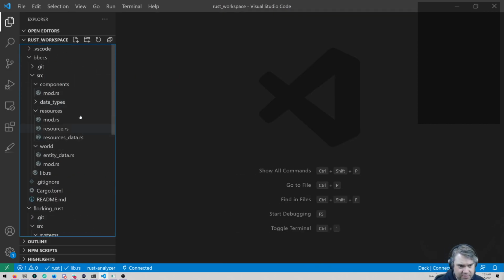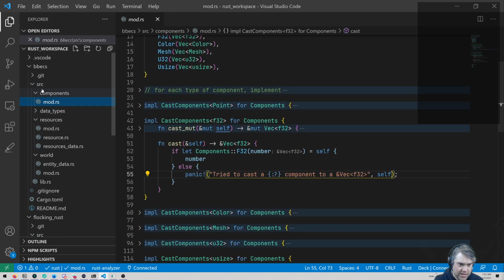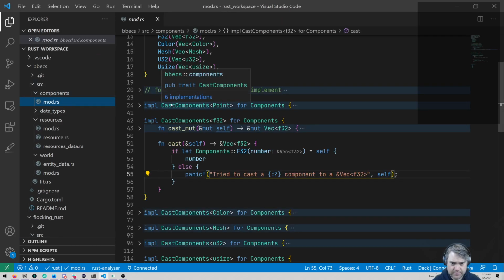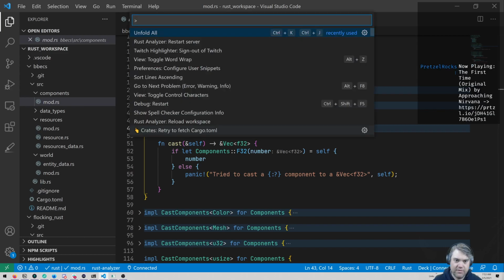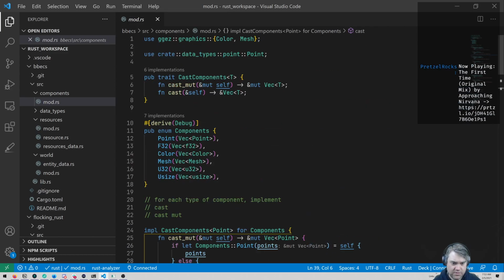I'm thinking the strategy for this is we're going to come through BBECS, and we can maybe just start from top to bottom. I don't know. Here's components. Unfold all of you.